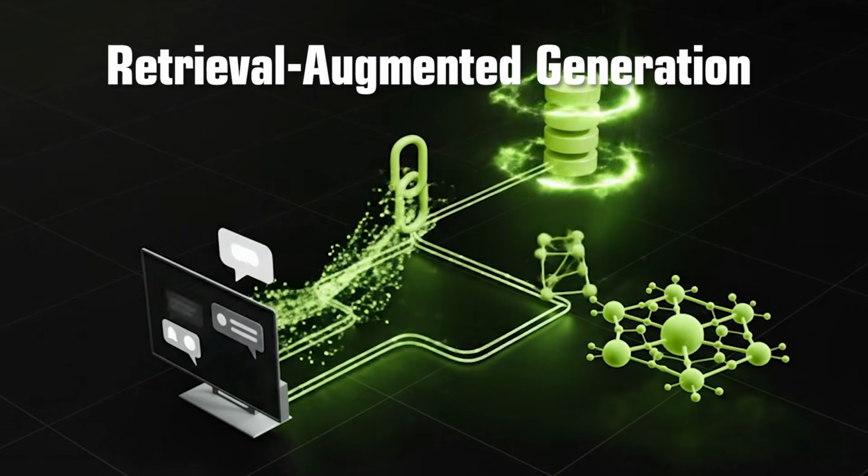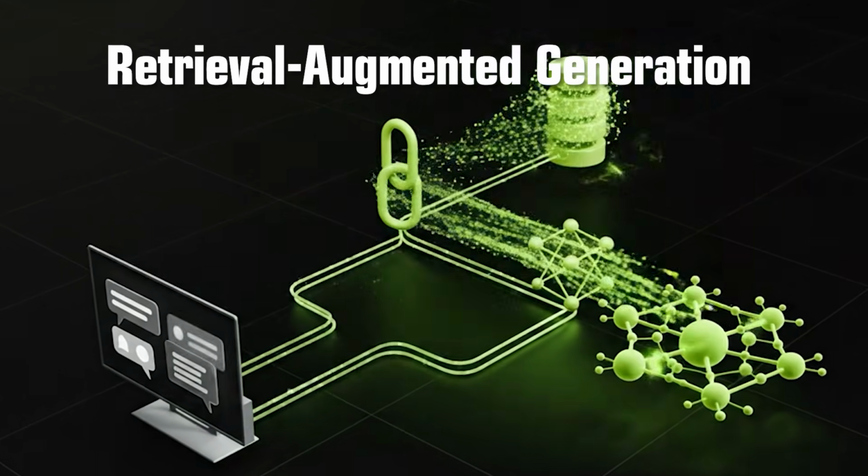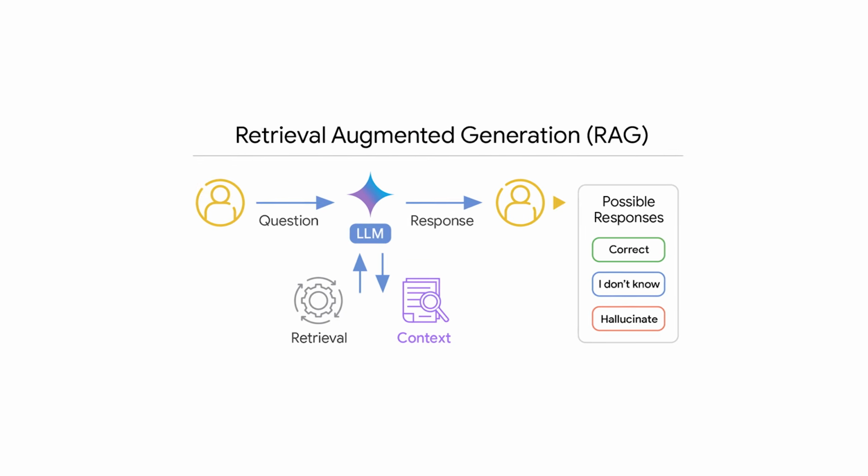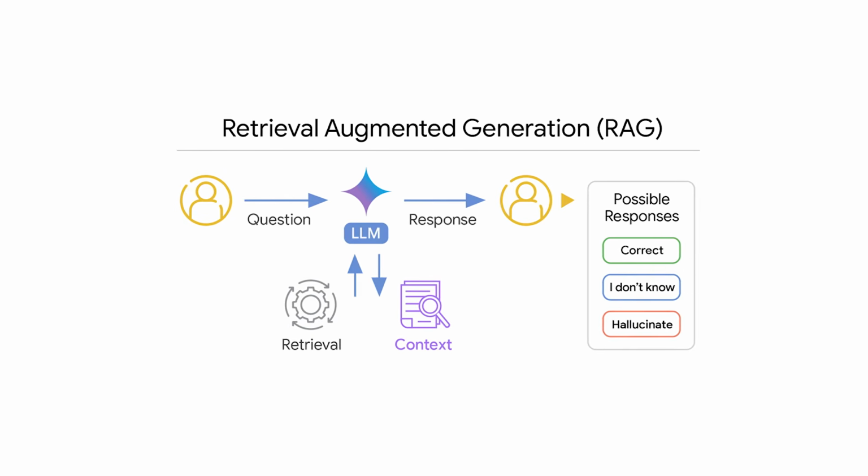RAG, or Retrieval Augmented Generation, is a powerful technique that lets you build customized AI agents that are fine-tuned for your specific data. But building a good RAG system is not trivial. In fact, a lot of people make a lot of rookie mistakes when setting up their first RAG. So in this video, we're going to take a look at best practices for implementing and fine-tuning a great RAG